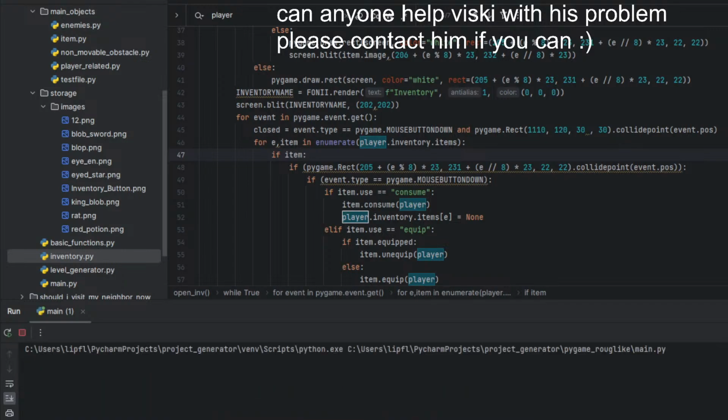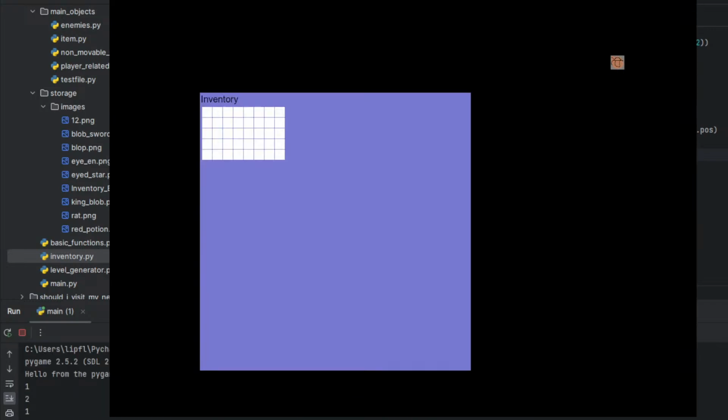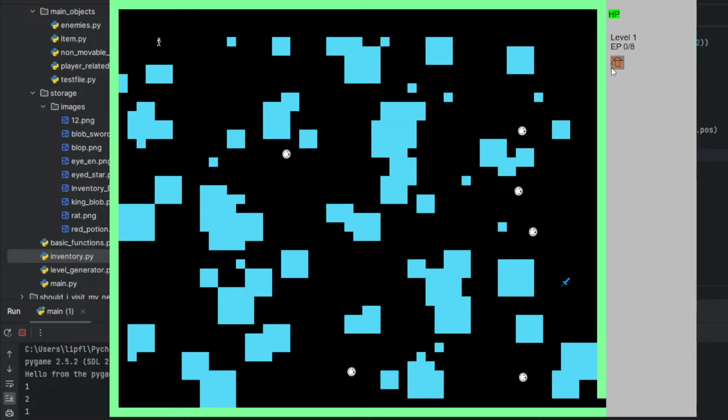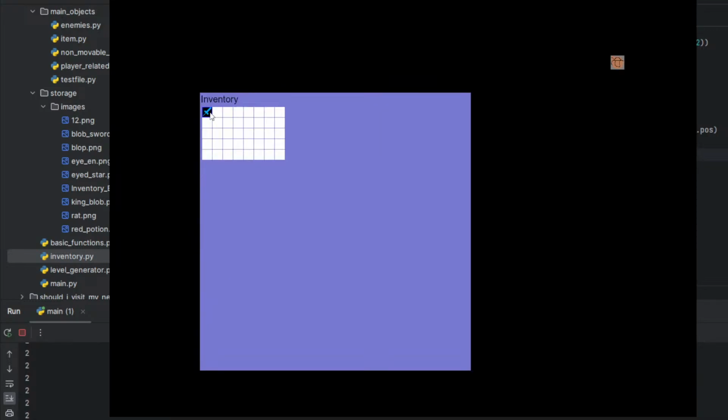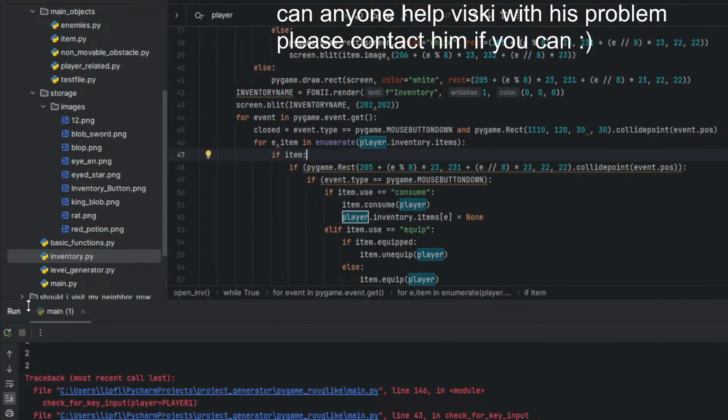Now I get it. If I equipped an item, so I guess I'm getting it. Here we go. Boom. Pygame has no attribute position. I guess I solved it. I didn't fix it, but I solved where the issue originates from. Okay, sounding a little bit too stupid while doing this part.